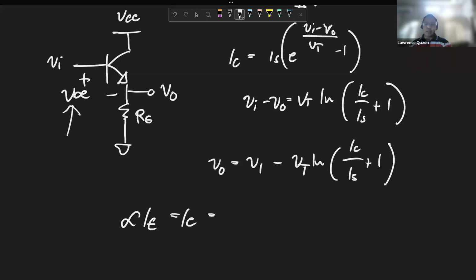this is alpha IE equals IC, but this could also be, no? V out over RE plus... Apparently, yung simplification na ginawa natin dun sa calculation dun sa slides is alpha IE is approximately IC, no? So we can just straight up replace IE here with that, no? Which gives us